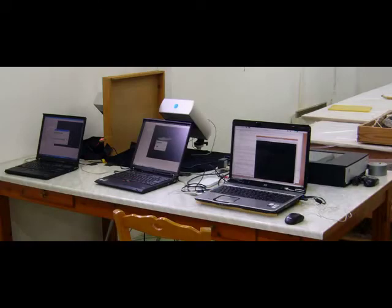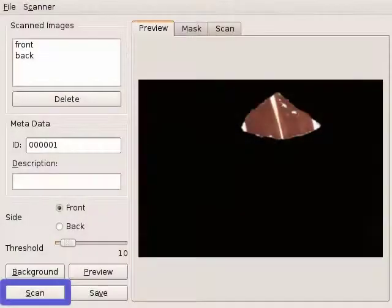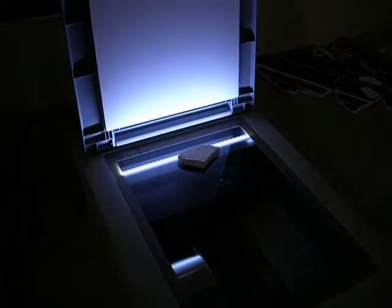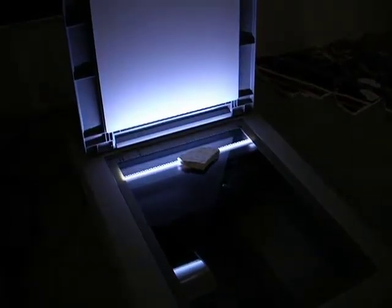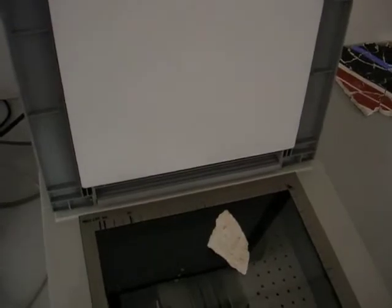Our acquisition setup consists of a flatbed scanner to capture images and normals, and multiple 3D scanners to capture geometry. The operator places the fragment face down on the scanner bed and clicks a single button to acquire the scan. Our scanning software automatically detects the fragment in a pre-scan and performs the final scan with no additional user input. The process is repeated for 4 orientations each of the front and back faces to provide multiple lighting directions for